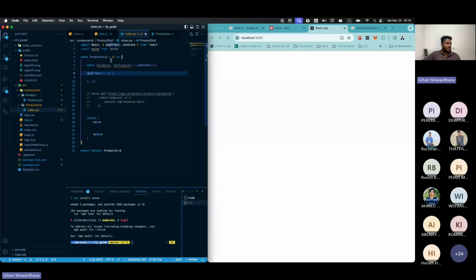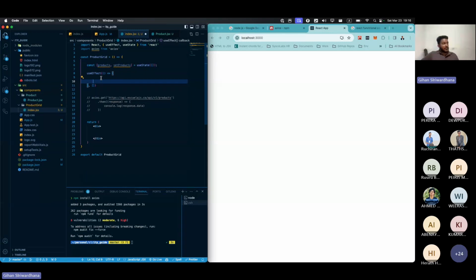Again, we need to import it. So this useEffect hook will take care of fetching the data from other parties, and this will run when we mount this component for the first time. You can see an empty array here, right? This empty array means this will run when we mount this component. So I'm going to move this code here,